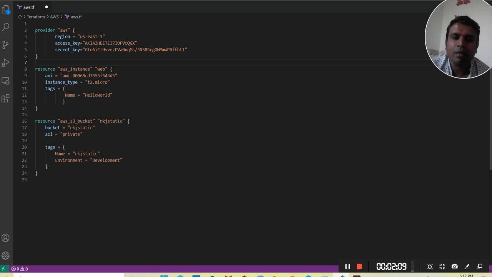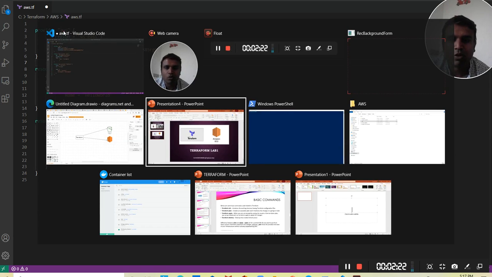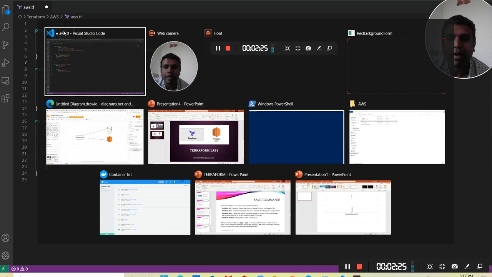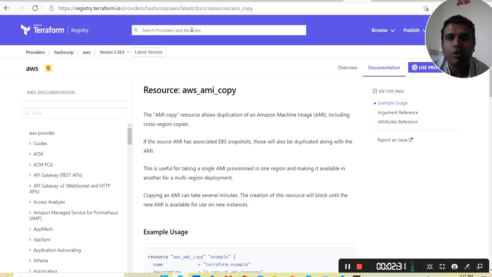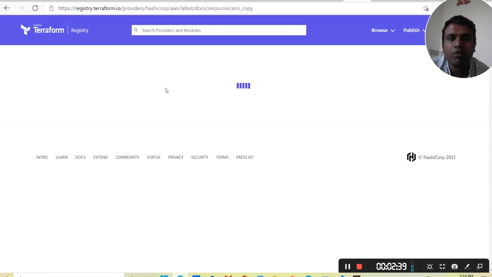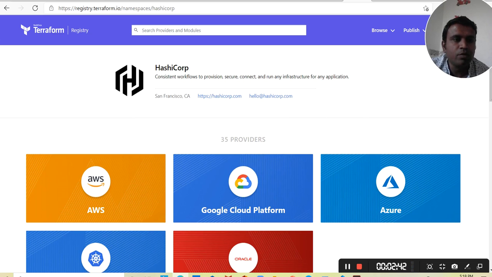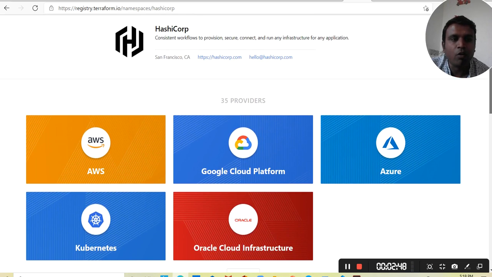As a layman, being a new user, we don't know how to write code in the HCL language. For that, Terraform is providing all kinds of solutions. So let me show you how we can write this code. Let's go to the Terraform website. Here, go and see the Terraform registry, where you will see the documentation. HashiCorp is providing all kinds of cloud features, where all types of providers are available which we can configure with the help of Terraform.